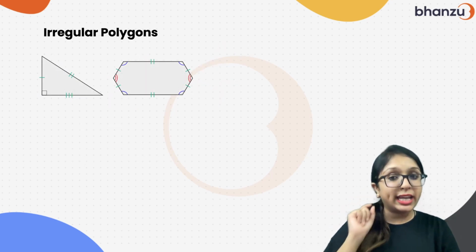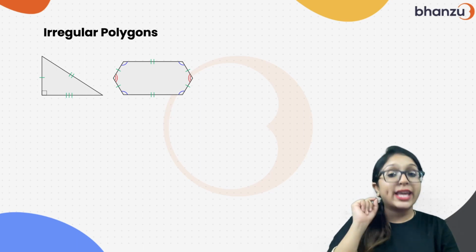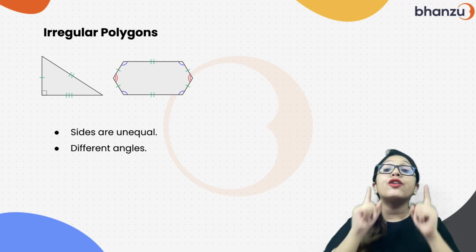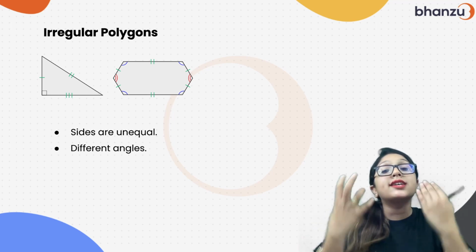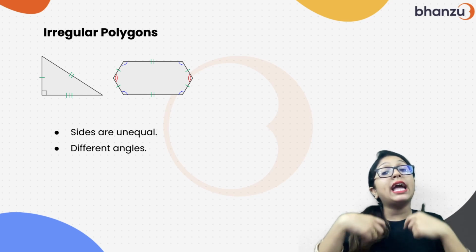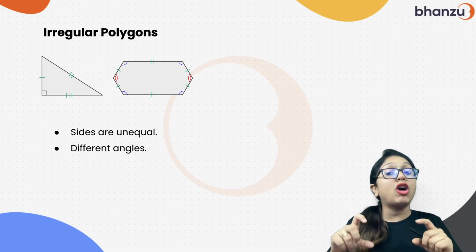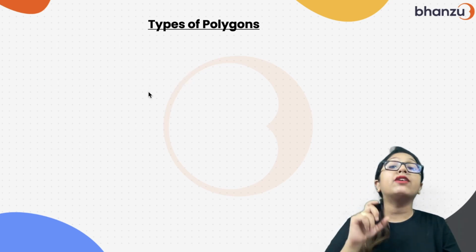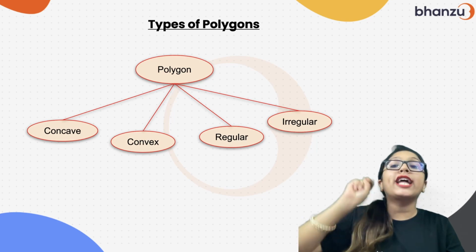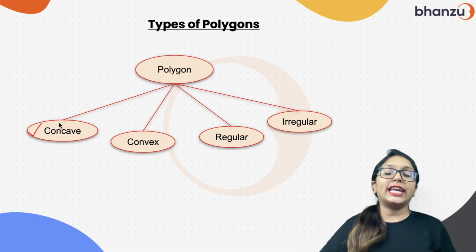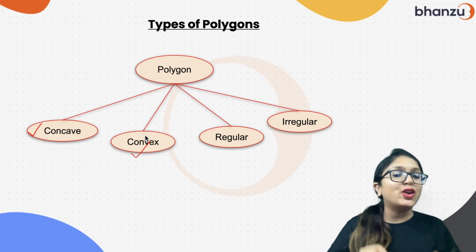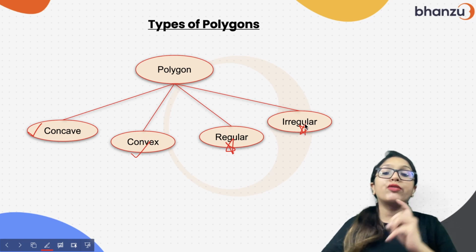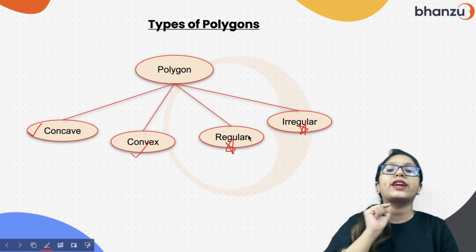Now we will study about irregular polygons. You can see some of the examples in front of you. Now in irregular polygons, the sides are of unequal length. Here the angles are also different. In regular polygon, we had line of symmetry, but in irregular polygon, we may lack line of symmetry. Okay, so today we will be learning about even 2 more types of polygon, and that is concave and convex polygon. Are you ready? We have already mastered the concept of regular and irregular. Now we will be moving towards the concave and convex polygon.